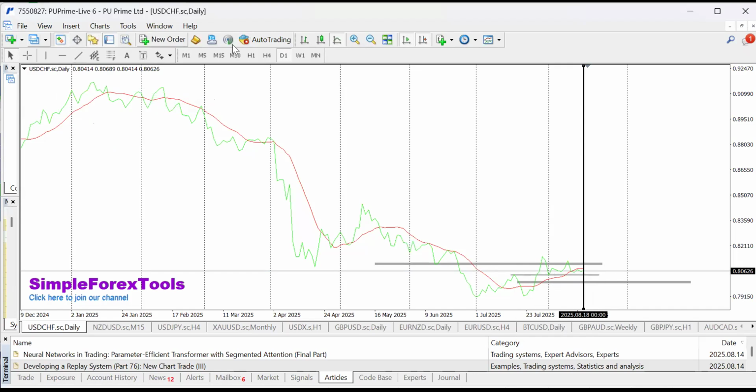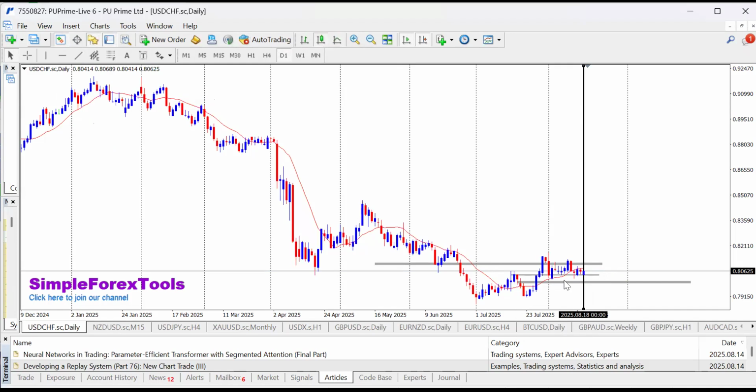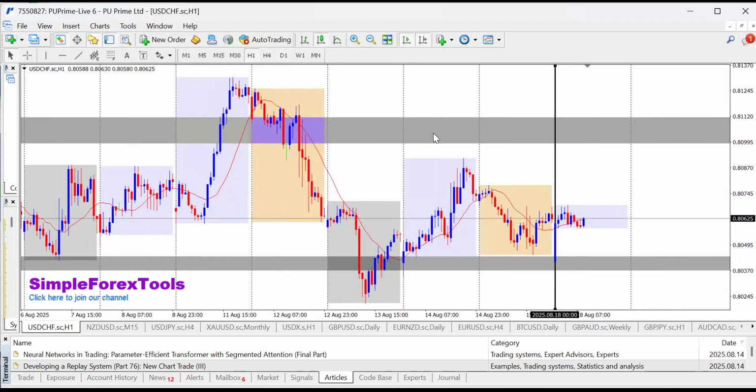Yes, and I'm changing to candlestick. So you can see the market rejected this level on Friday, right? And what are we anticipating? If I go to 1 hour time frame, you will see that on 1 hour time frame, we have a break of structure here. We have a break of this structure and a little retracement and all that.